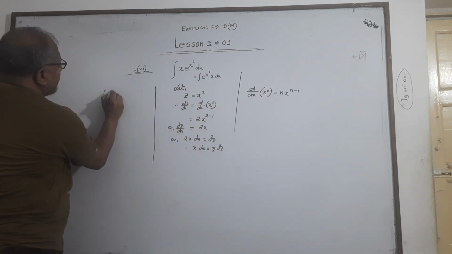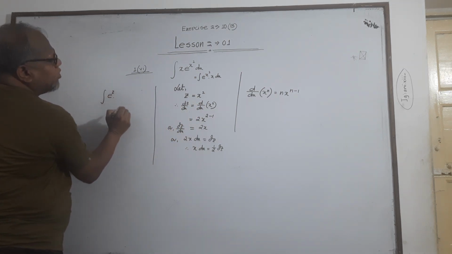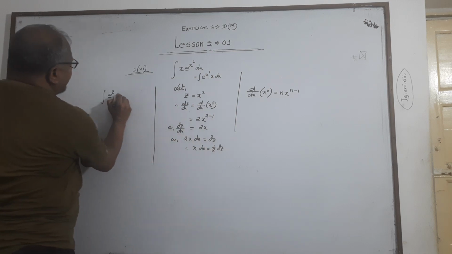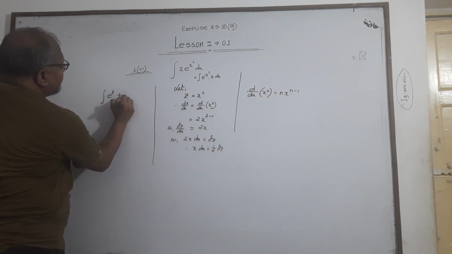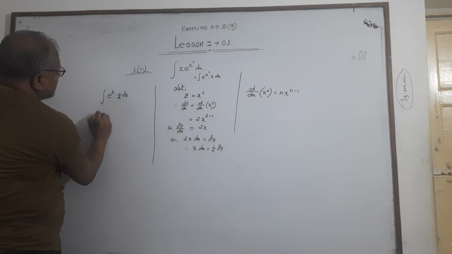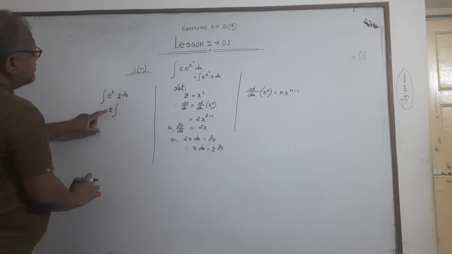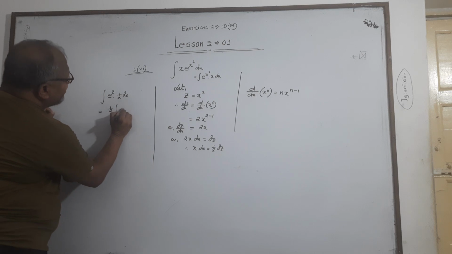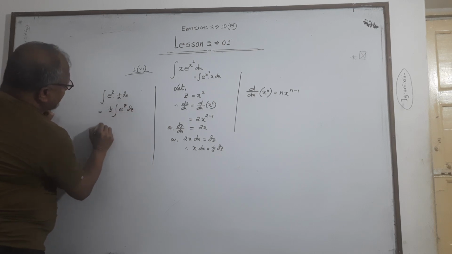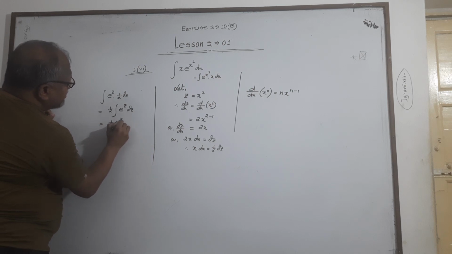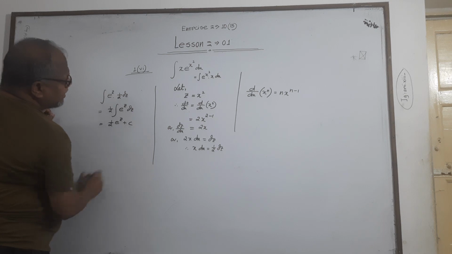So e to the power z into x dx, which is half of dz. Half is a constant number, so it will come outside the integration sign. So here half e to the power z into dz equals half e to the power z plus c,